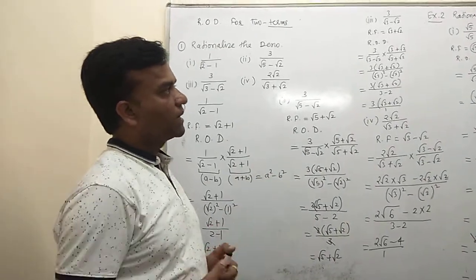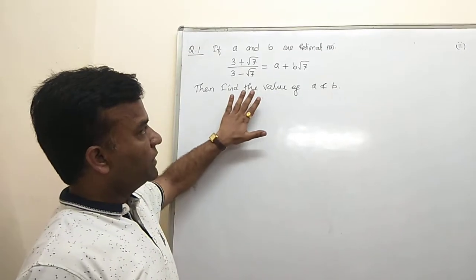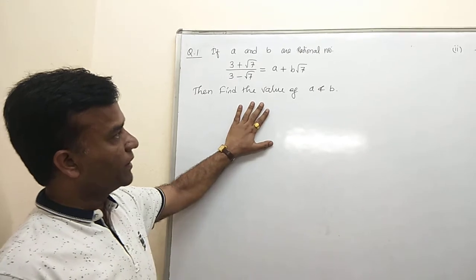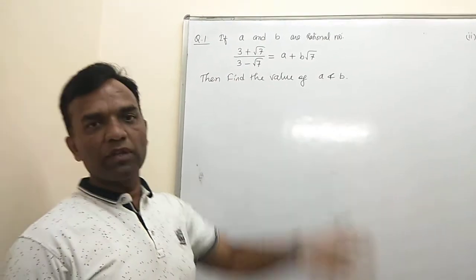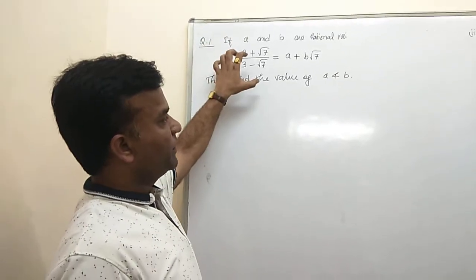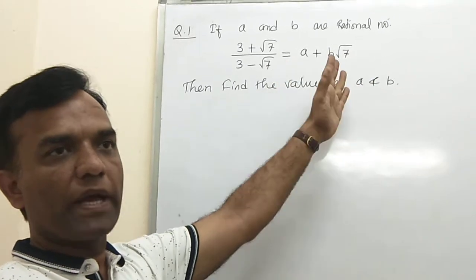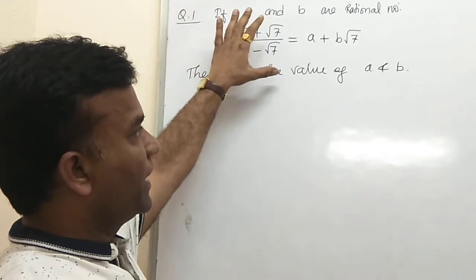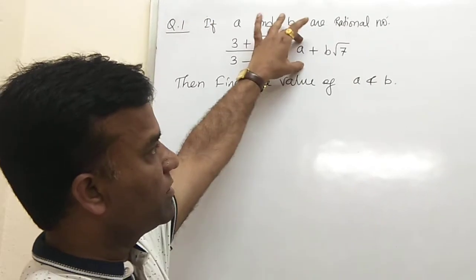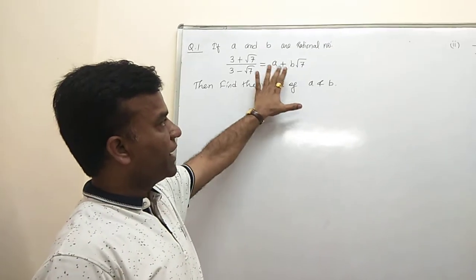Now again, we try a different category of questions. We have a new variety of questions related to rationalizing the denominator, because now we discuss the application part. The important thing is what rational number is given, and then how you find some unknown terms given with respect to this whole number. Whole number means this is the complete form of the given number. You have some unknown part here, a and b.